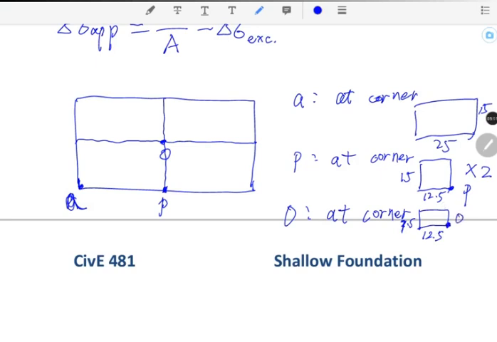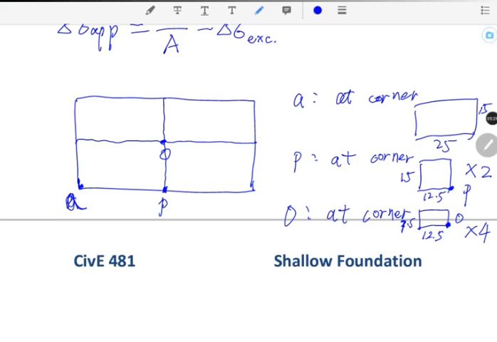So we multiply the calculated delta sigma by 4, then we get the increased vertical effective stress at these three points in the